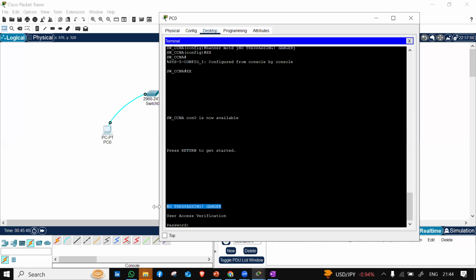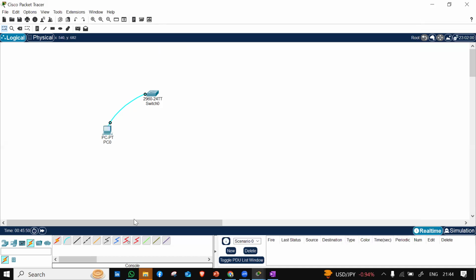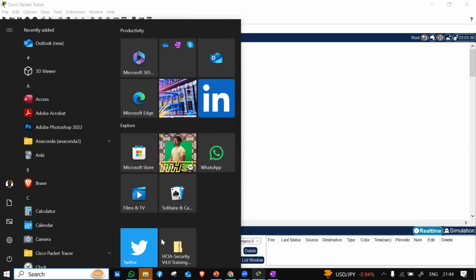So the moment you get access to a device, the first thing you meet is the banner. It's talking about if you are not authorized, do not proceed. Right. From banner, we go to